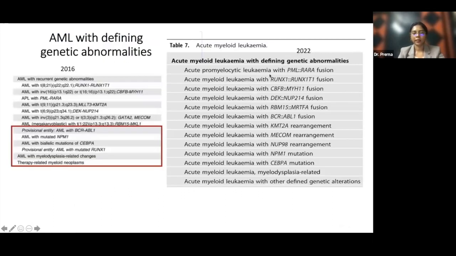As you can see, this is the 2019 WHO classification, and next to it is the 2022 WHO classification. The provisional entity, which was AML with BCR-ABL1, has been given a proper space in the new WHO classification. Then this AML with myelodysplasia related,